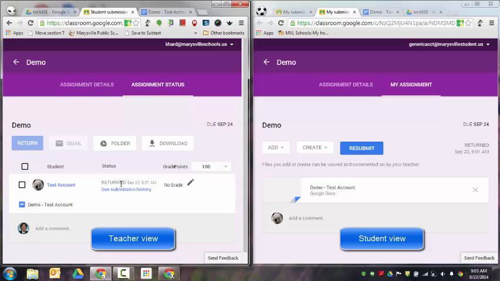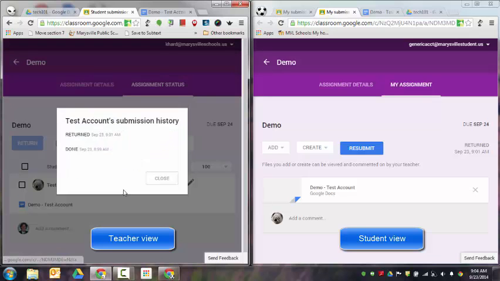However, if you were doing a longer writing project, or if you're at the secondary level and having a firm, kind of hard turn-in date is important, you can have students use that turn-in feature and then also use the unsubmit feature if they need to. The thing about this is that with Google Drive, there's always this time stamping. So if I click here on See Submission History, this is going to just continue to grow and change as that process goes. So if the student turns it in and then unsubmits it, that will show up here in the submission history. And it's time stamped and dated, so I can always say to a student, you turn this